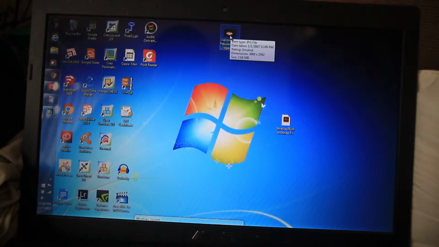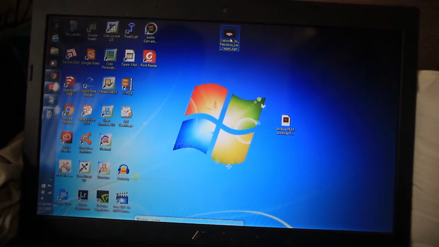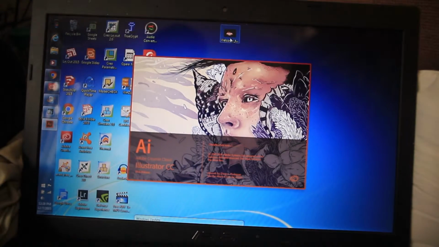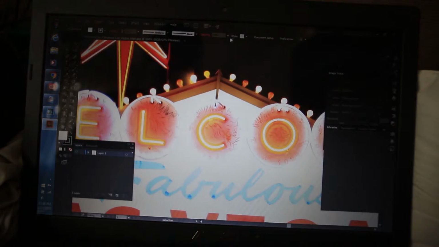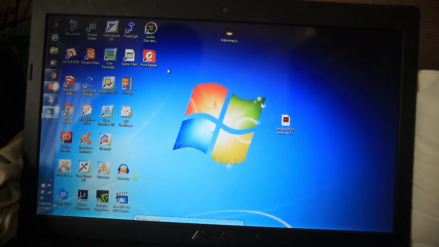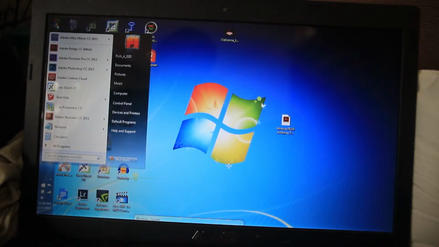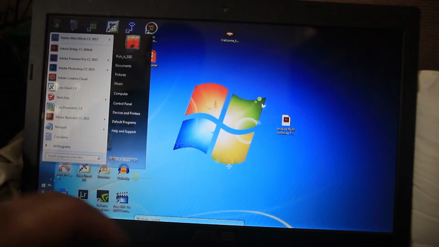Right here on my desktop there's a picture of the Welcome to Las Vegas sign, and right now if I double click on it, it opens up with Adobe Illustrator. And maybe I don't want that, so closing that. I want it to open up with Photoshop instead, so first I have to figure out where Photoshop is in the file structure. So I'm going to type in